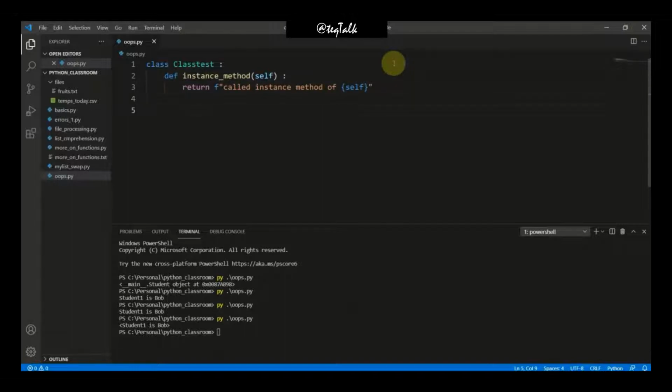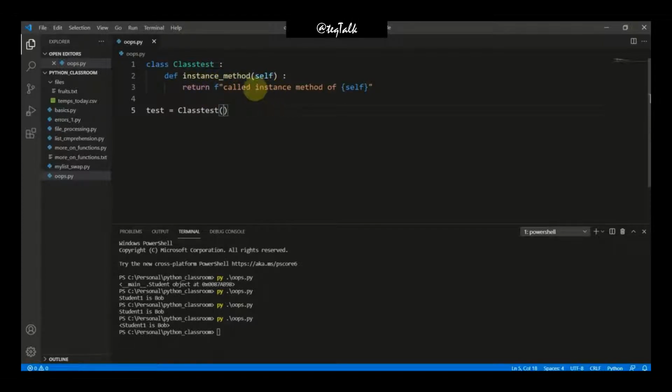For instance, you know how we can call these instance methods, or any methods that are inside your class. We have to first create an object like this: test equals to class test, right? Also one more thing to clear, that you might have noticed that there is no init method because there is nothing to initialize. That's why I didn't write the init method here.